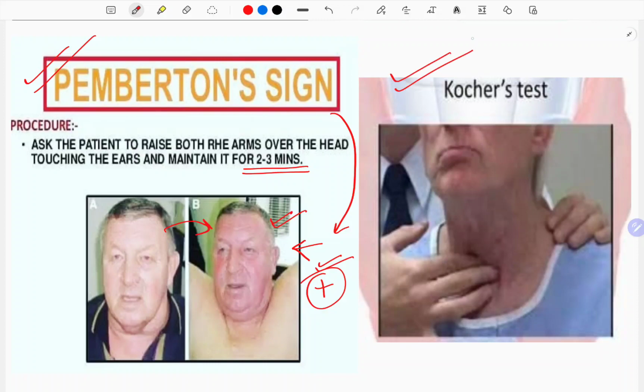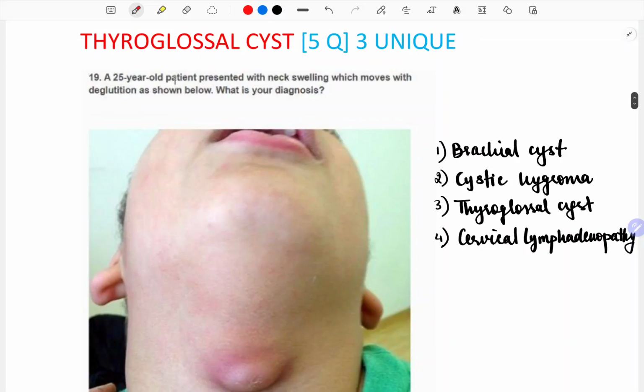And the fourth test is Crile's test. Here we just compress the trachea and look if stridor is present or not. Just remember that there is a Kocher's sign also in thyroid diseases, where you can see the staring look in the patient. Now let's come to the second topic, and it is thyroglossal cyst, from which 5 questions have